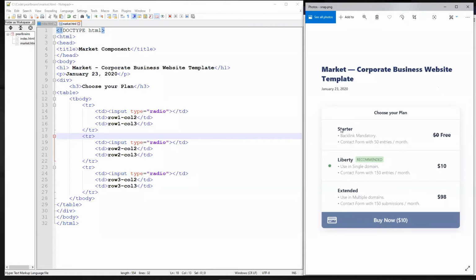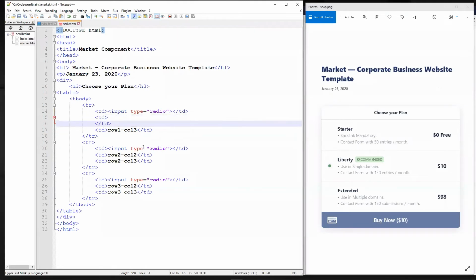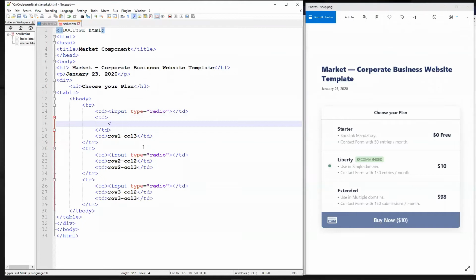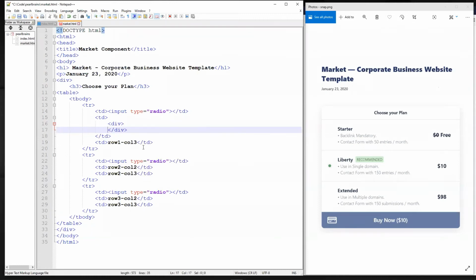So when you look at this starter, like I had mentioned earlier, it looks like a section. And for sections, we use divs. And since the div is going to be a bit long, it will allow me to nest it inside the tabular data like this. It's also going to have child elements. So that's one of the reasons why I'm nesting it. And close it. And inside this div,